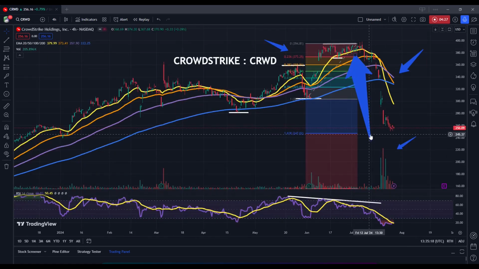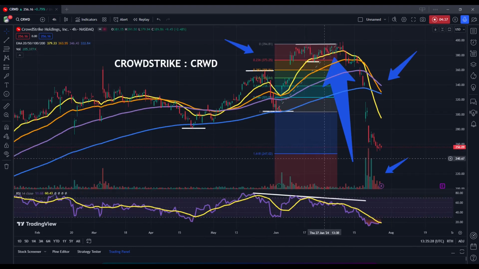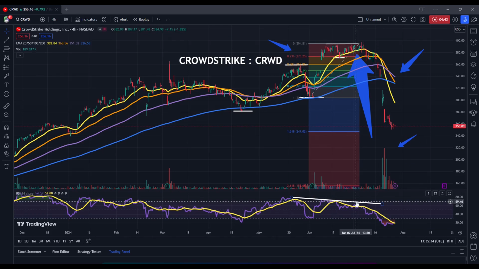If we did venture into roughly this 247.50 territory here, I would consider new long positions as a viable trading strategy, because I don't see the downside extending much further from here. There are some negative factors that do need to be pointed out, however. In particular,